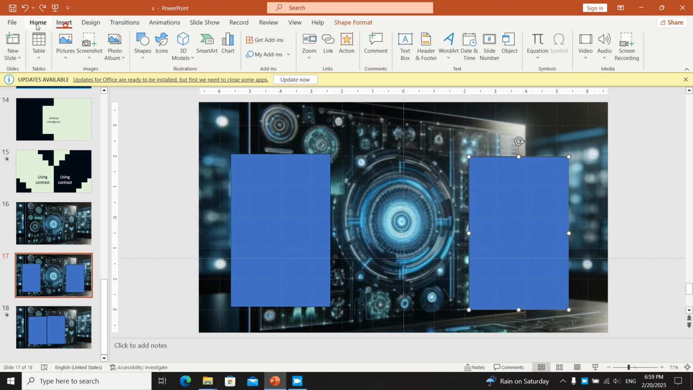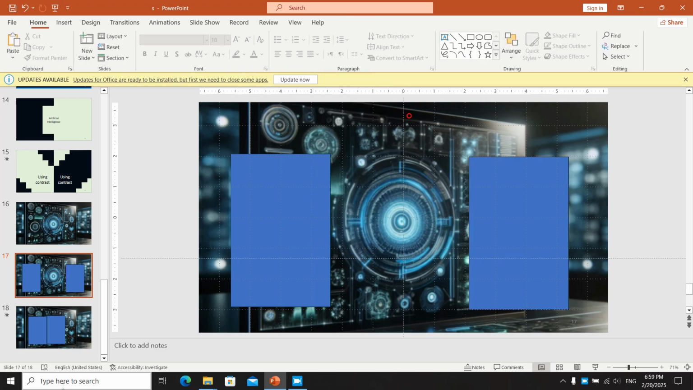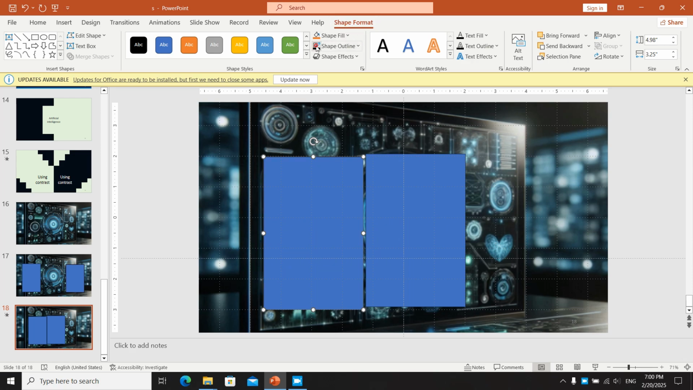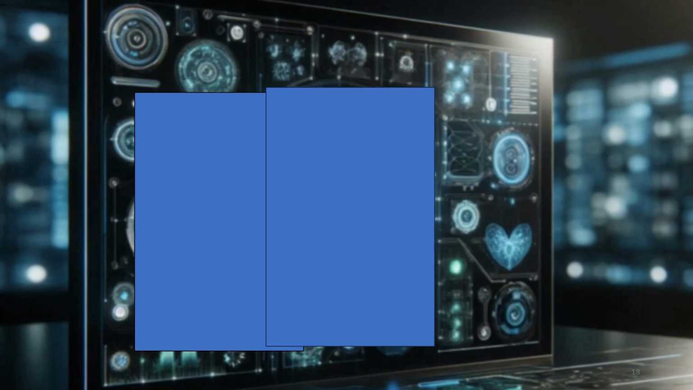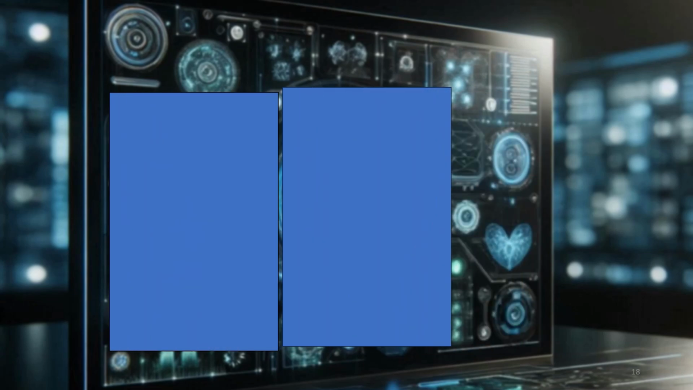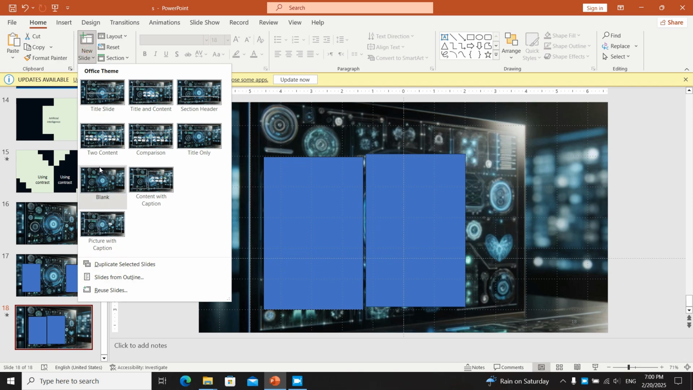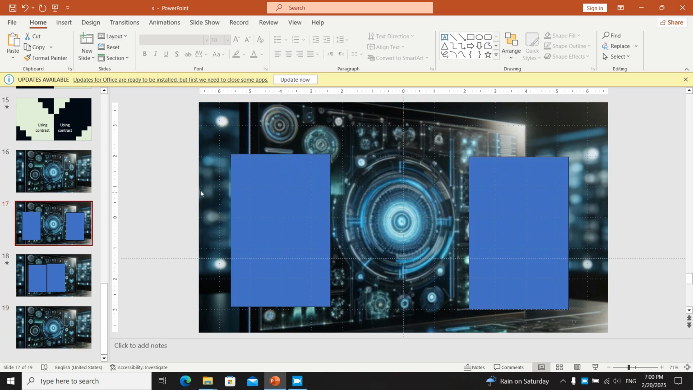For example, go to Home and Shape Format and then give this one a black shape outline. Then give this one, for example, a black shape outline too. Then when you run the transition, you see the thing you want has been created. It's really important in morph transition usage that you understand when you have two similar shapes,